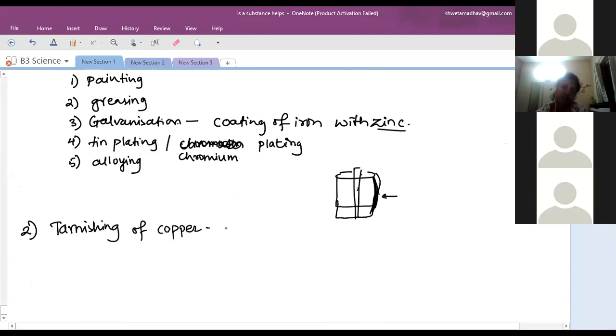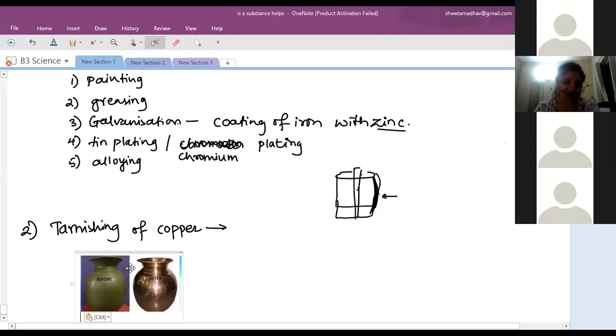With a copper vessel, when you purchase it, it is completely shiny brown in color. But after some days, its color changes and we can see a greenish coating over it. Have you seen it? Like the Statue of Liberty. Is the Statue of Liberty made of copper? Yes, it is fully made of copper, but over the years it has reacted again and again to form that green coating layer.